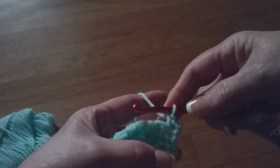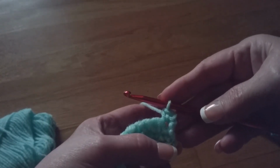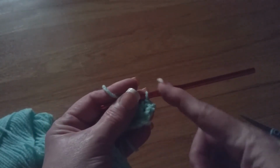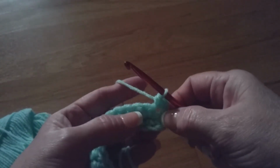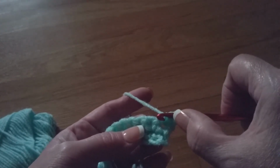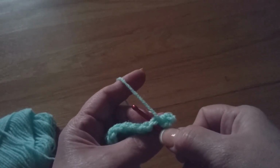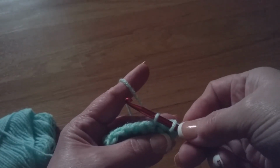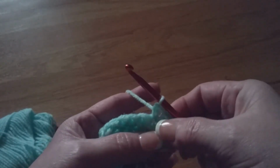And you can see already it's pretty straight. That's how we make a straight edge instead of the traditional way. It always makes it look like there's a bump and then goes in, comes back out in a bump. It just doesn't look right. So that's why I'm teaching it this way. Just like the last row that we just did. Right between those two bars, under both of those, grab the yarn, pull it through, 2 loops on the hook, down around the yarn, turn your hook, pull it through